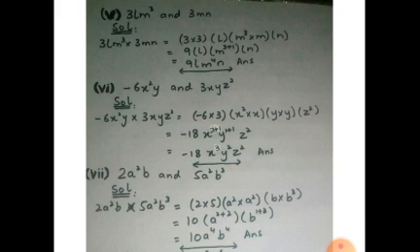answer. Now come to part number 7, that is 2a²b and 5a²b³. We place a multiply sign in between these terms and then we separate the numeric values, that becomes 2 into 5. Then like terms, a² into a², and then b into b³. So in the next step we add their powers. So 2 into 5 is equal to 10, and then a^(2+2), and then b^(1+3). So when we add the powers, it becomes 10a⁴b⁴.